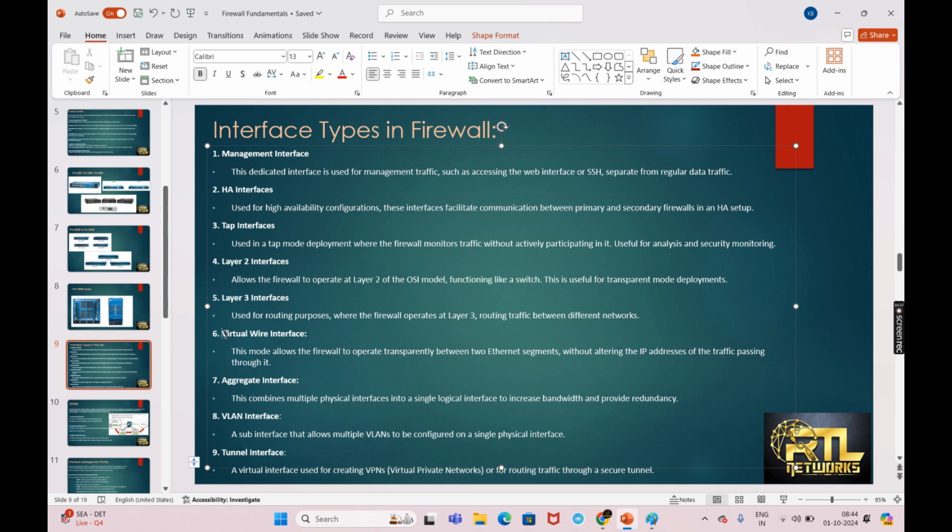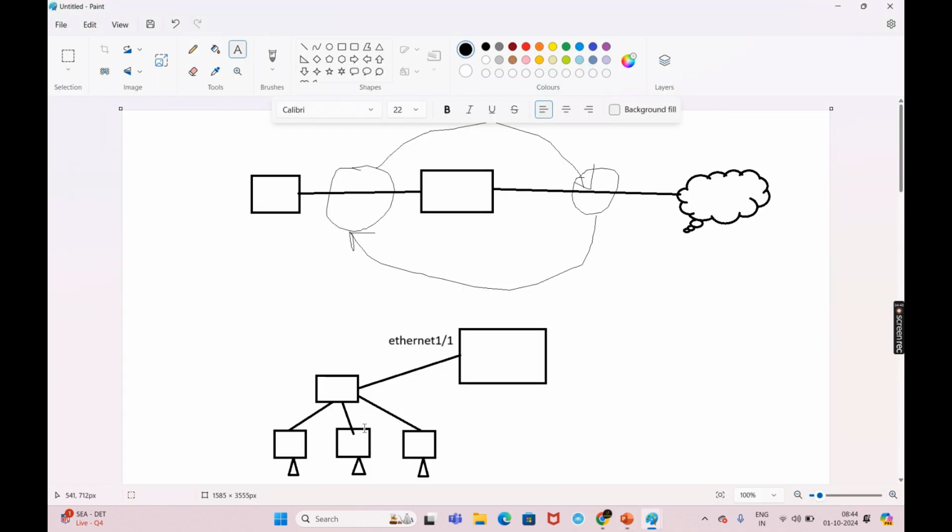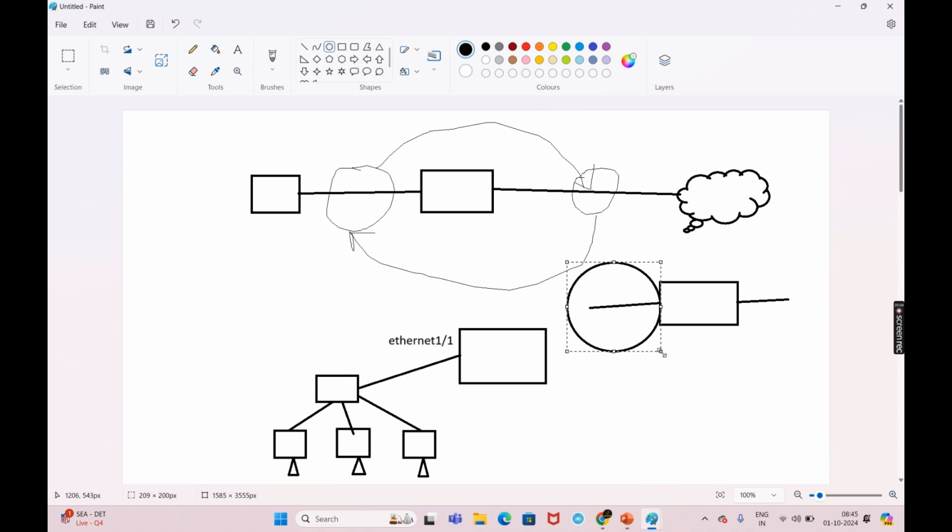But the virtual interface, if we configure the interface as a virtual interface, if you want to configure the virtual interface, we need two interfaces. Okay, see, this is a firewall, and we need two interfaces. What it will do is, it will just transparently segment the networks. This will become one network and this will be another network, so that it will